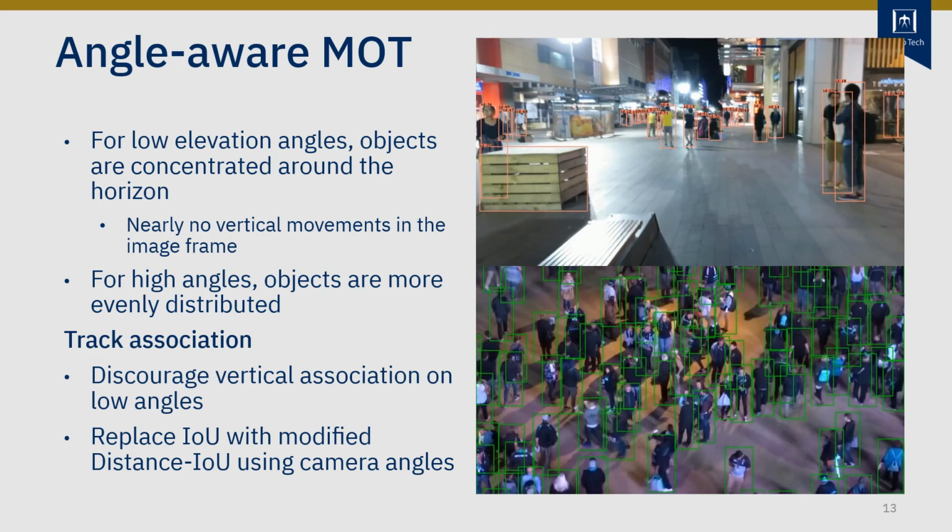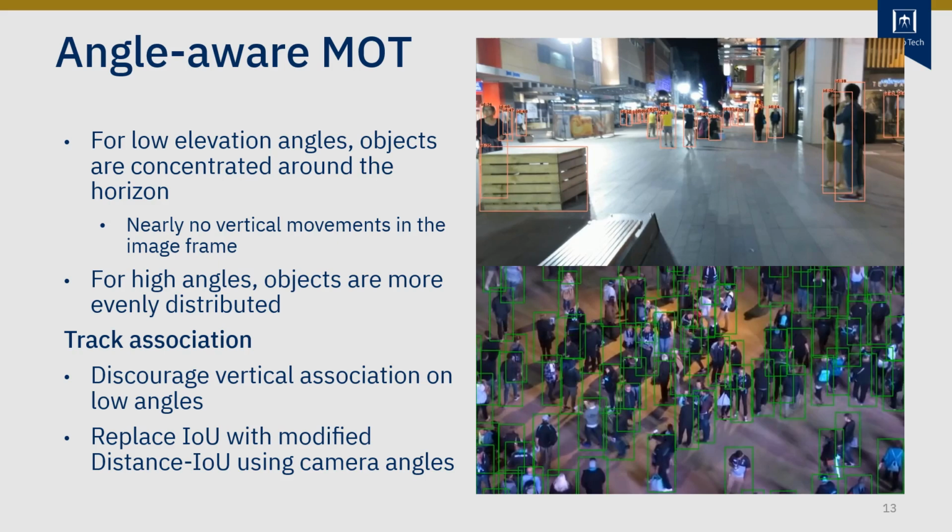So now we have the camera angles. We want to use them in tracking. So here we want to exploit a behavior in a bounding box distribution in the camera frame with respect to the camera angle. For low elevation angles, if you look at the images on the right, the objects are usually